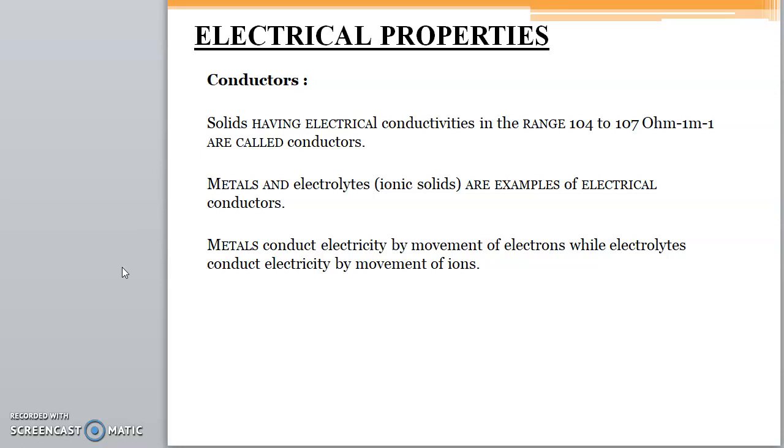In this chapter we've done different types of solids. One is crystalline solids and amorphous solids. As I mentioned at the beginning, we'll be focusing specifically on crystalline solids. So we did classification of crystalline solids, and we looked at different types of crystalline solids in that classification. Then we went on to see the packing in solids. We looked at the unit cells, the Bravais lattices, those 14 Bravais lattices that were available.